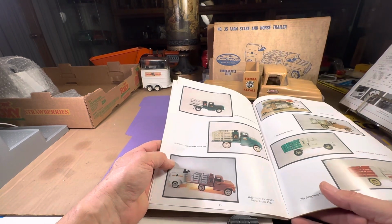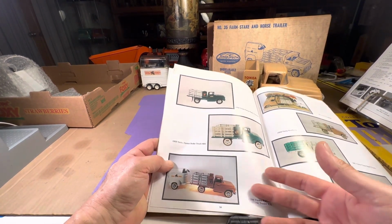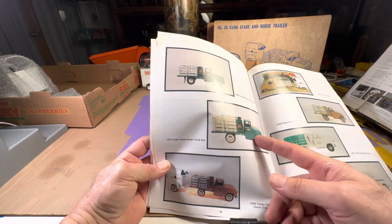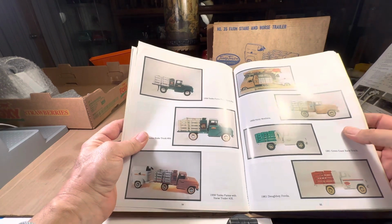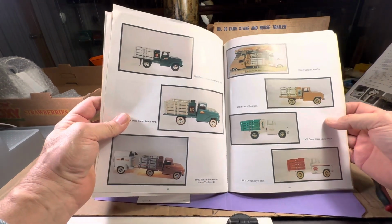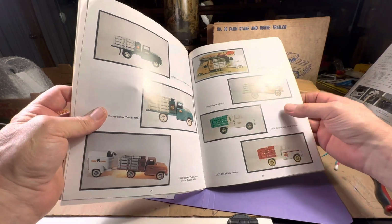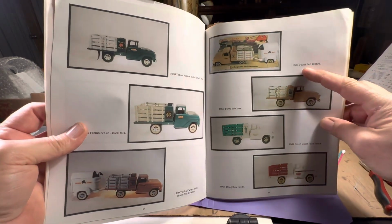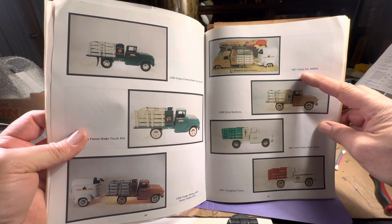And that matches up with the box. Happens to be the same color. Apparently they made this in different colors, green, and probably other colors I'm not familiar with, or maybe that some people have and weren't produced in the book. In '61, it came as part of a farm set, which is pretty interesting because in the back you could see,